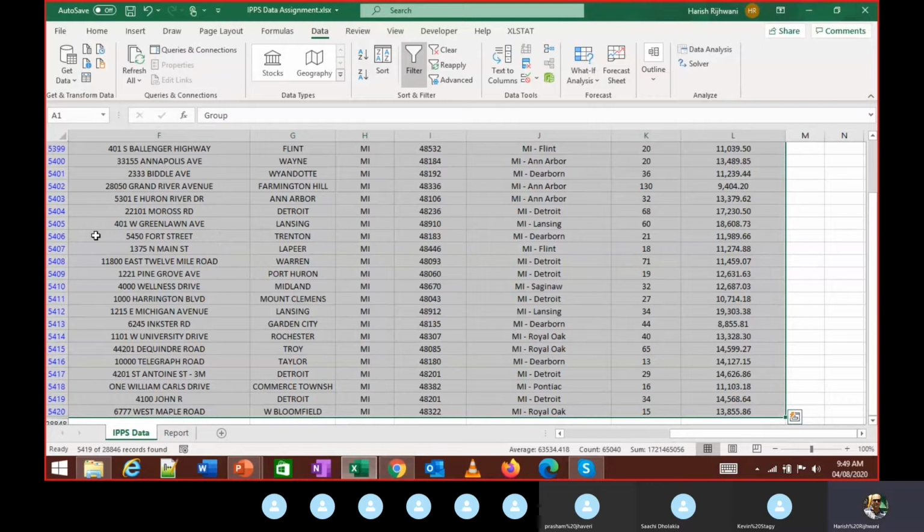To copy this data, I do Control C. So the first step I said, filter the data, choose a particular group, then do Control C.